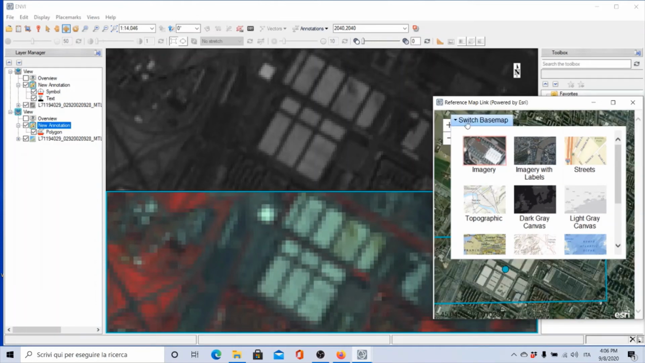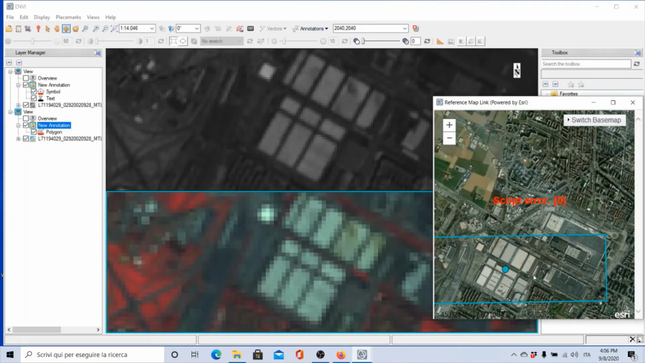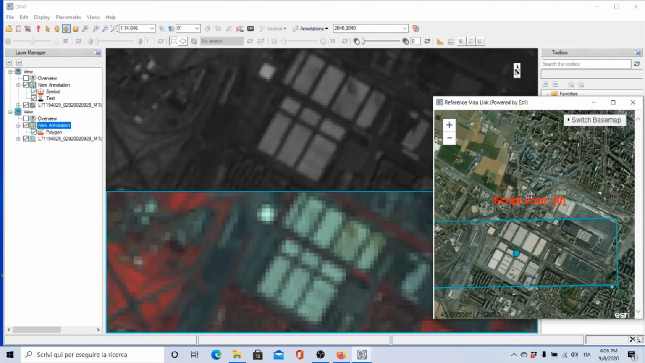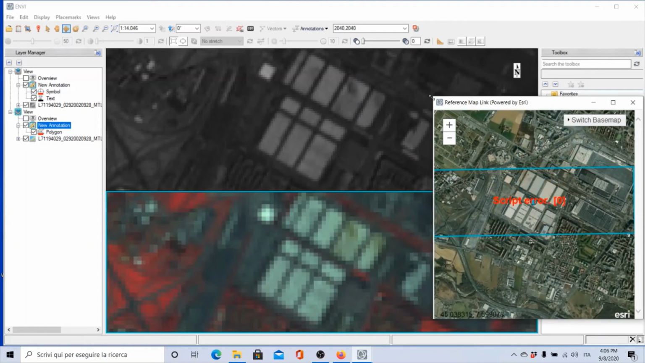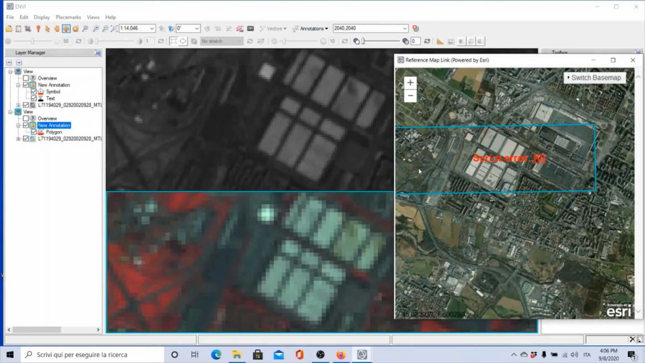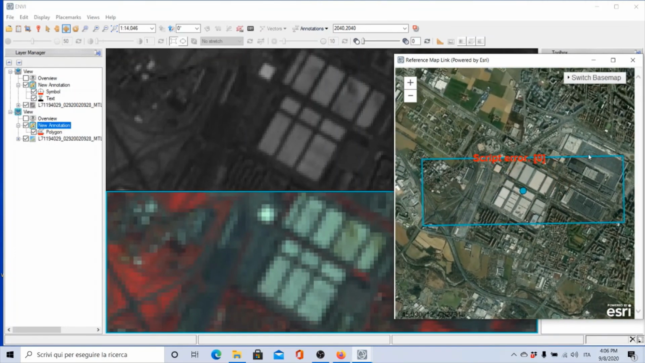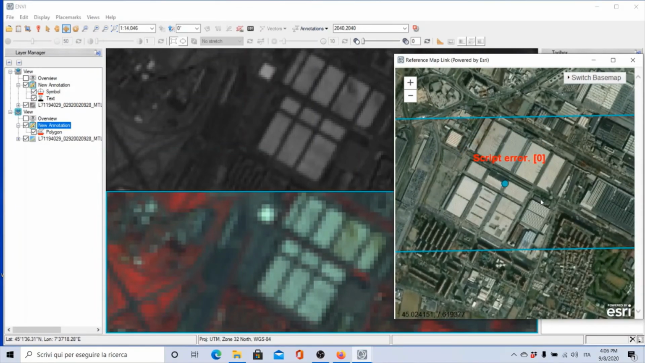For example, I can use imageries. All right. These imageries that you see are coming from Esri. You see I'm moving there, and if I enlarge these windows, you see that this blue rectangle corresponds to this part of the window you see here, and in this reference map link, I can zoom in,